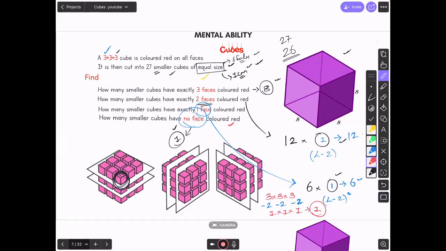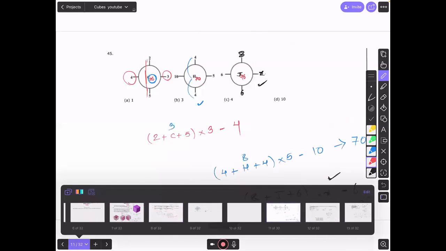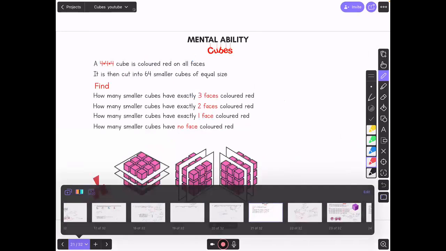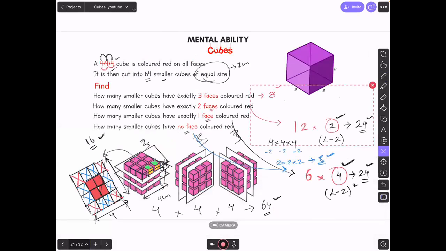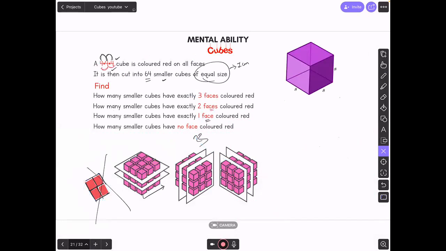Okay, I hope all of you have made a note of this. So let me give you the next problem now. You can take 2 to 3 minutes and try this problem. Okay, there is nothing new about this problem. Everything that we have seen here is the same. It is just that this time the length of the edge is 4 centimeter. Rest everything is the same. Okay, so start thinking. Let me know what you think is the answer. Okay, I'll solve it after 2 to 3 minutes when you give it a thought.